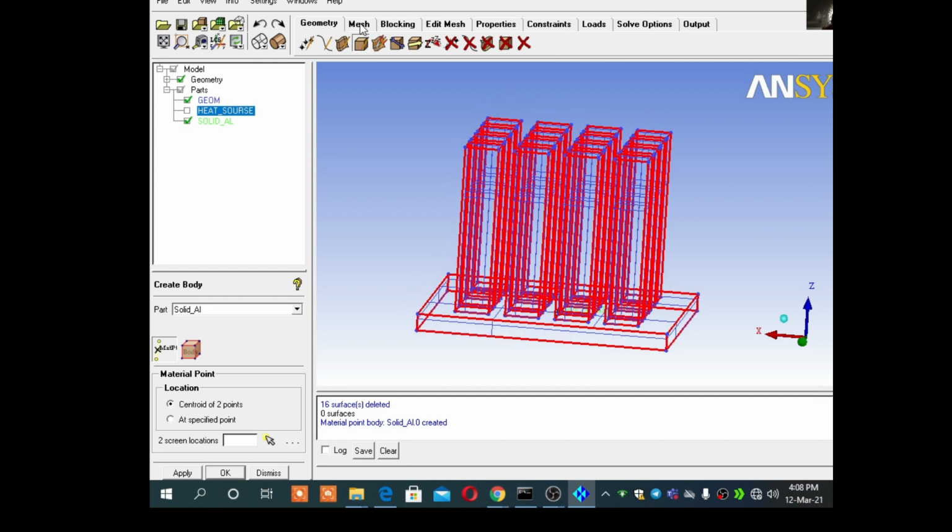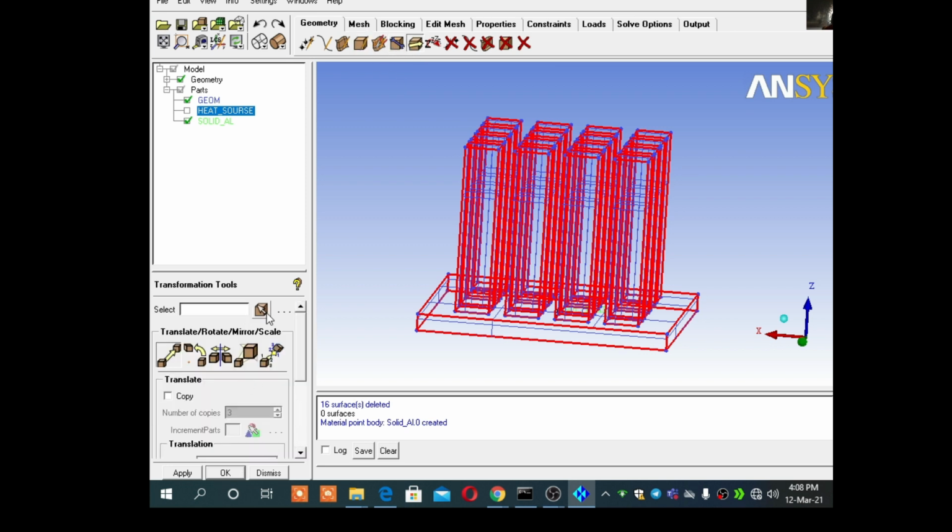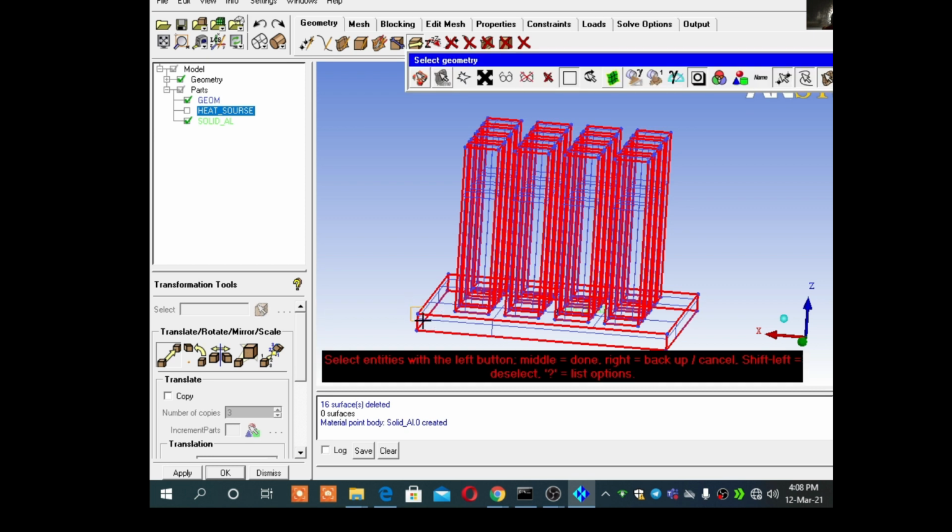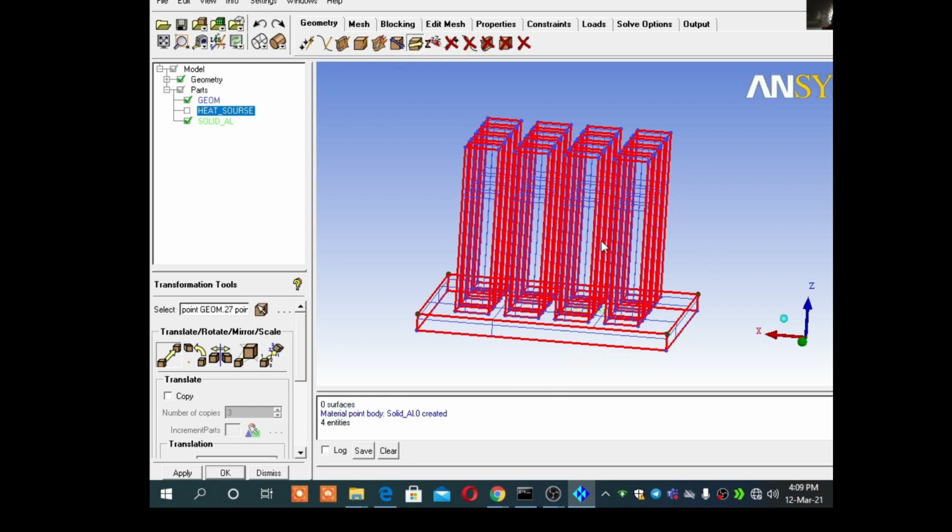Okay, so it's all about the heat sink, but when I want to solve it in any kind of software, I need to have a closed geometry. So for that purpose I need to model, design an air pocket so that we can flow air from one side and we will see how the cooling will be. So for that purpose again I will go to transport geometry. So here I will select 4 points, and the dimension of the fin is 10 mm.